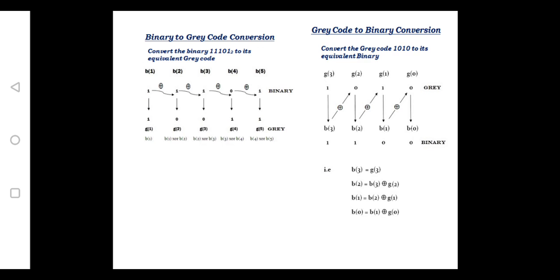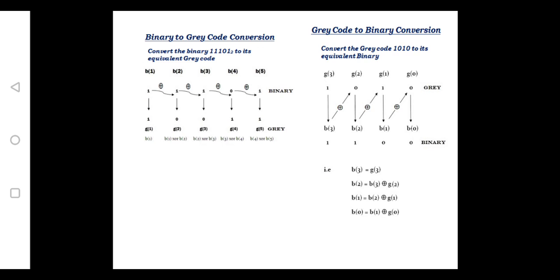Similarly, let us see how to convert a gray to binary. So the gray code here is 1010. We are doing G to B. That is, after G we won't get a B. That is the reason we don't perform XOR operation in a straight manner, but we need to perform XOR operation in a zigzag manner. So first write down the gray bits, that is 1010.